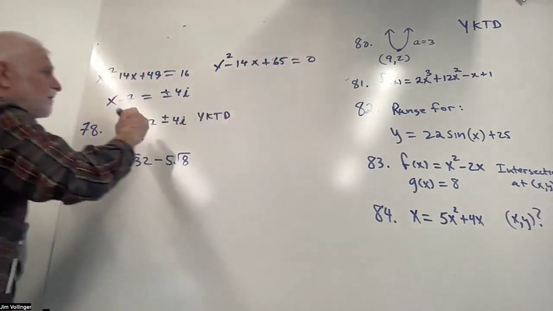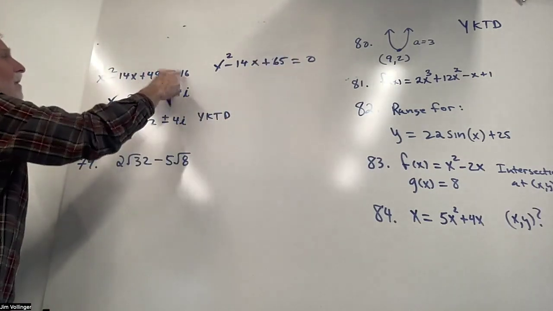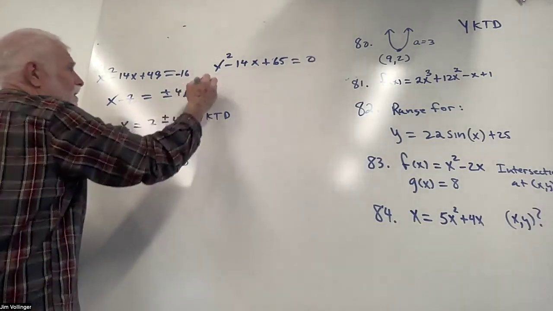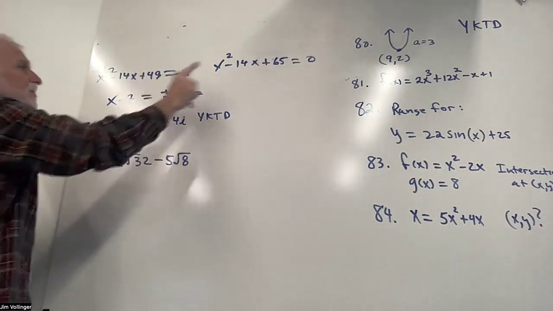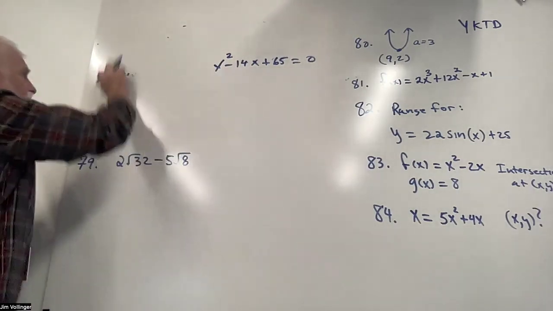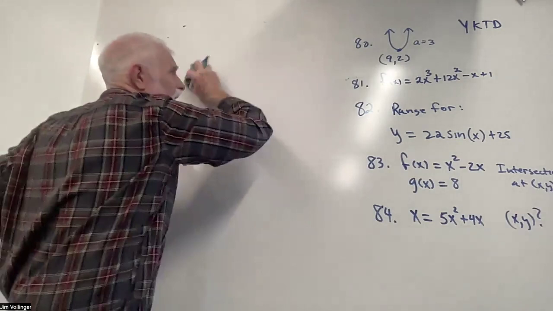Boy, I am having a cognitive decline moment here. So this is negative 16. When I square that, I get 16i squared, right? So that's negative 16. So there's your answer. Okay. Told you if I get in trouble, I'm going to just have to figure it out, find the mistake,